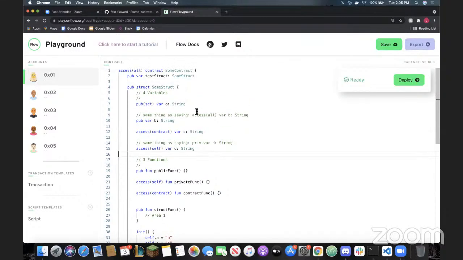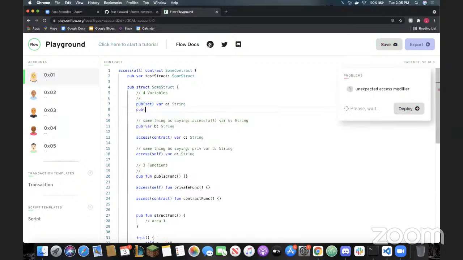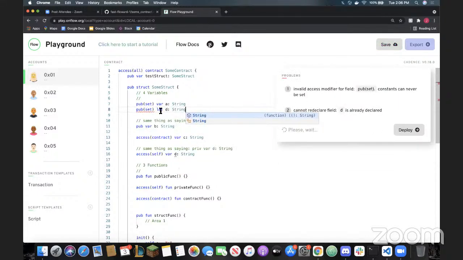So I just typed these all to a string. This doesn't matter for this example. All we're looking at is really the access modifiers. And you're also probably wondering, well, can we also have examples with, for example, public set let D maybe? And the truth is, you can't have public set with let,